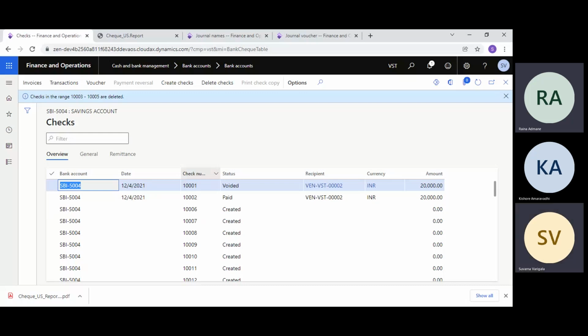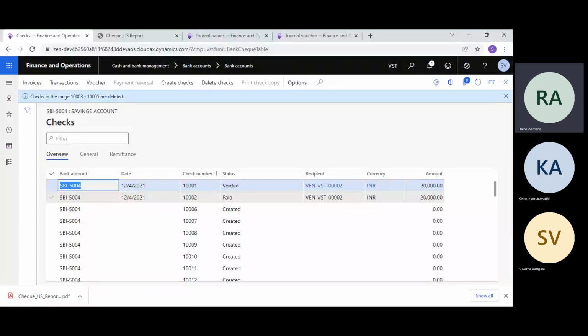Okay. Now, what if I created a manual check and did it? And here, how do I give that? I mean, see, suppose there is this 10006. I manually wrote a check and gave it to someone. How do I give that effect in the books? Here, I can't create it. Neither can I delete this. And how do I put that?